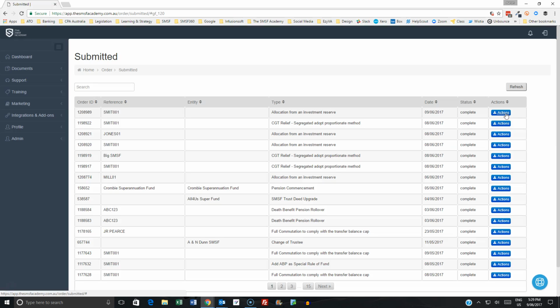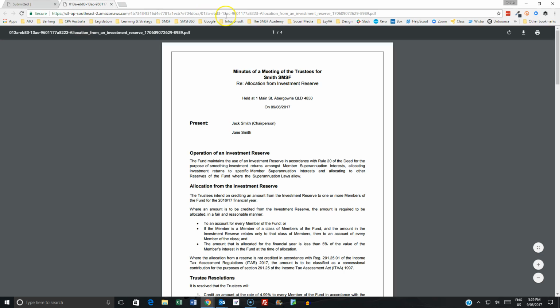Okay, so here we are now with our completed order. I'm just going to download this document now, and you can see here we have the minutes being produced around the allocation. So we have specifically where we talk about the relevant rule or clause that talks about the operation of the investment reserve here, where in particular we're aligning with the deed to say that it's for the purposes of, say, smoothing investment returns amongst members' interests, or allocating investment returns to members as and when the law of course ordinarily